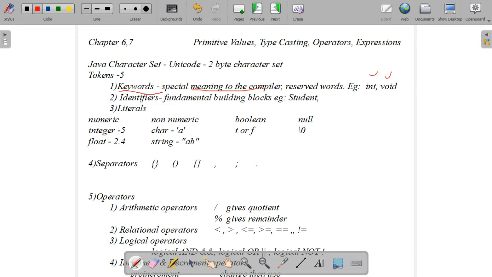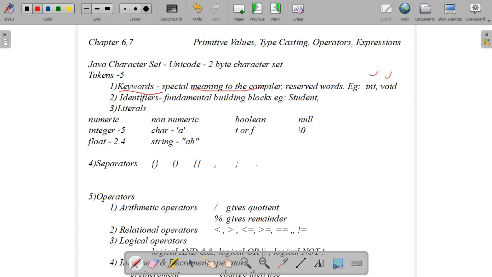The second one is identifiers. Identifiers are the fundamental building blocks of a program and are used as general terminology for the names given to the different parts, like variable name, class name, method name, object name. The names given by the programmer are indicated by identifiers.